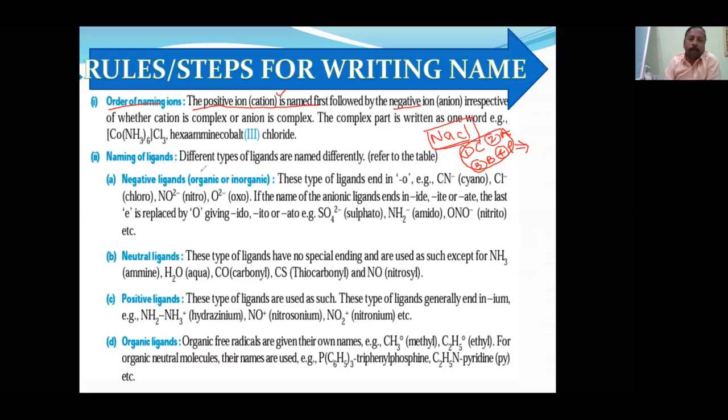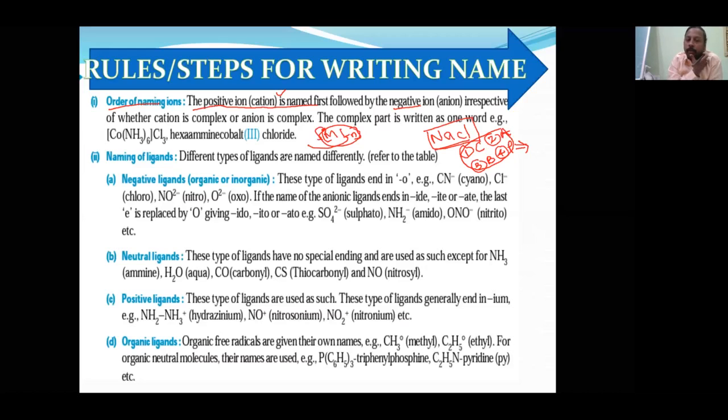So, naming of the ligands. Let it be a complex ion or a simple ion, you should name the cation first, the positive ion, then followed by the anion. Now in the complex, you have to write the ligands first, then followed by the metal. Suppose this is the square bracket: the starting will be the metal followed by the ligands. But in naming the complex, what is the order you will follow? Write the ligands first, then followed by the metal.